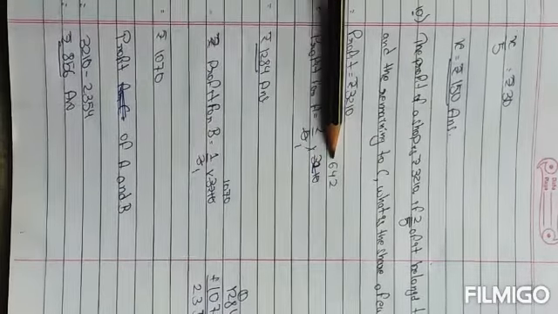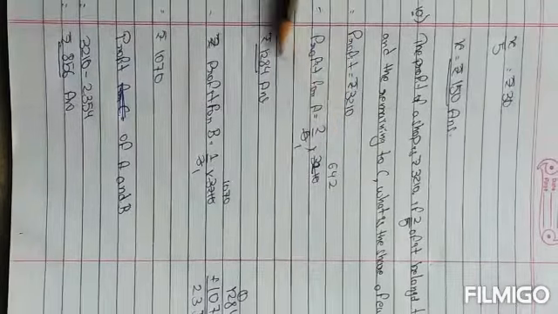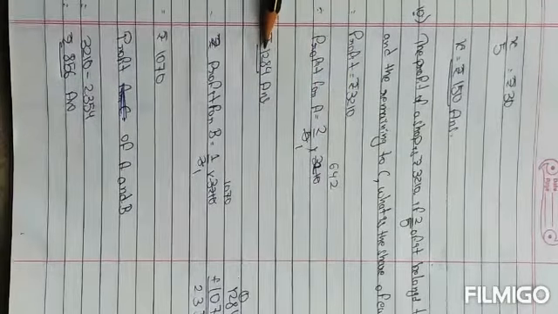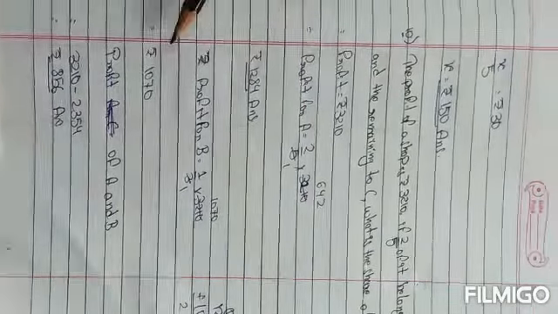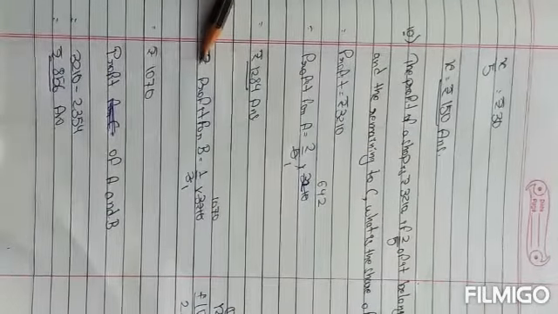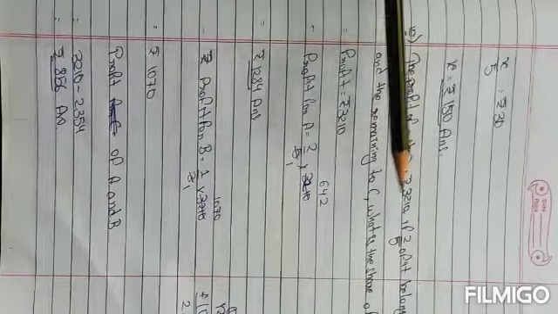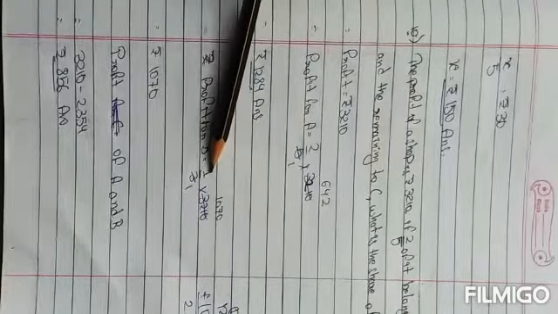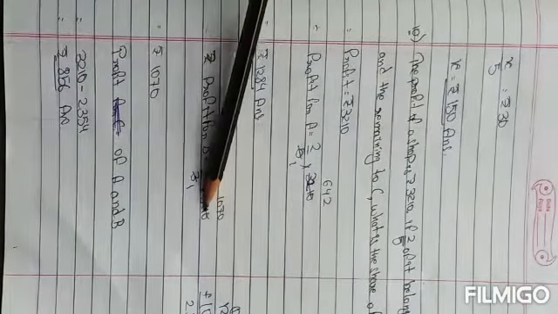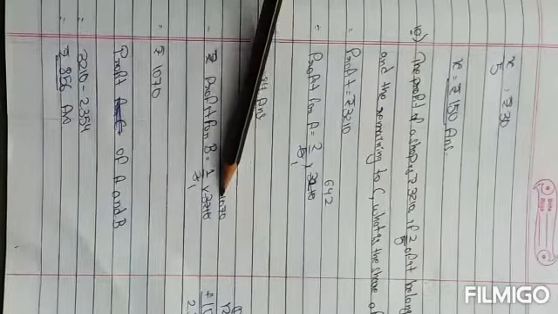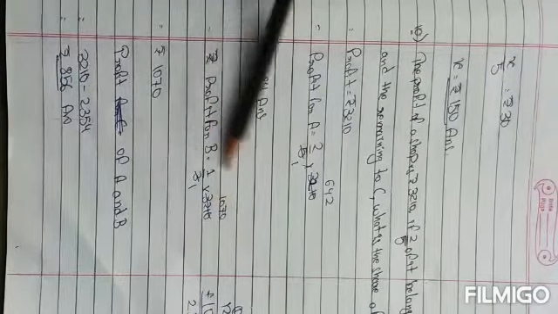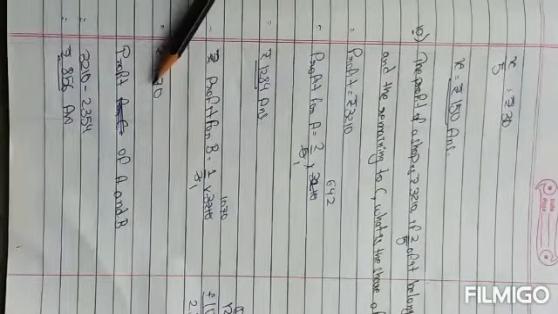Divide it, you will get here 642. Then multiply it, you will get 1284 answer. Now we have to find the profit for B. Profit for B or ratio already given there. Here you have to write 1 by 3 multiply 3210. Divide it, you will get 1070. 1070 multiply 1, you will get rupees 1070.